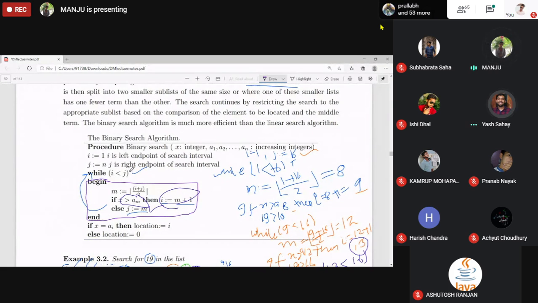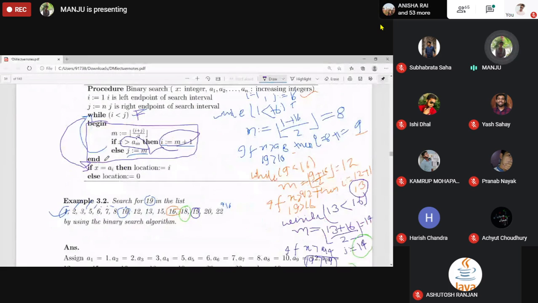No. So we got false, exit out of this and go back to the if else. Outside the while loop it checks whether i and j are the same, that is only one element in the list. So now it is time to compare whether that element is our x or not.